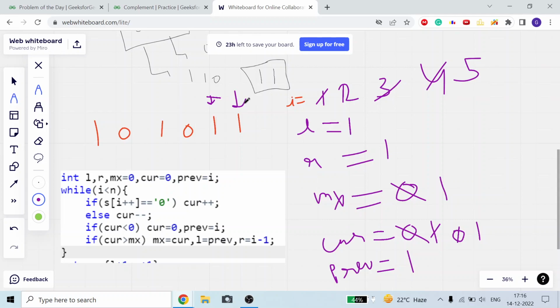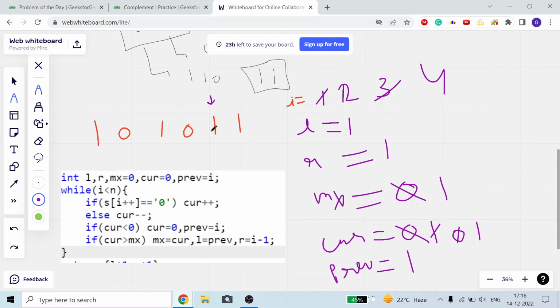We are here. 0 to 1 for this. Then I will take 1. Then I will go 0 from 0. Okay, we are here. We are at this index 4. Okay guys.